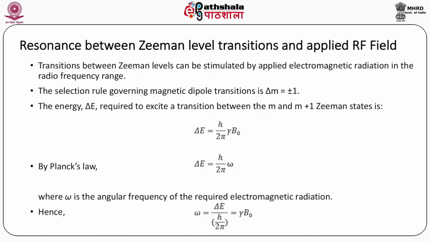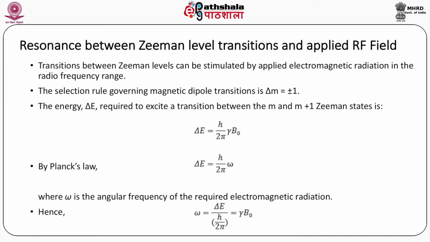Resonance between Zeeman level transitions and the applied RF field. The transitions between Zeeman levels can be stimulated by applied electromagnetic radiation in the radio frequency range, and that is why it is called an applied RF field. The selection rule governing magnetic dipole transitions is Δm = ±1. The energy ΔE required to excite a transition between the m and m+1 Zeeman states is ΔE =